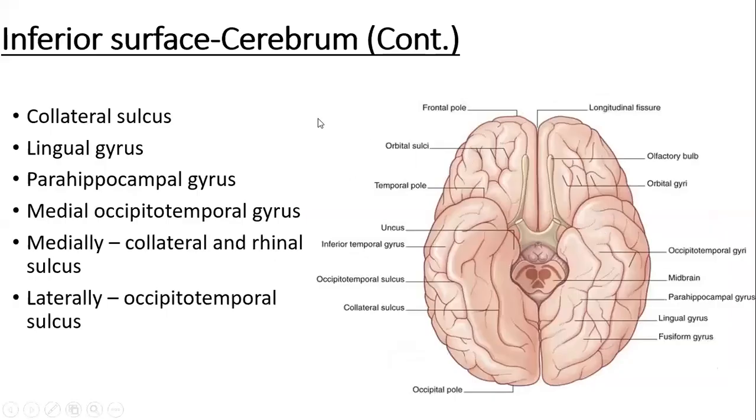Further moving on to the inferior surface of the cerebrum, what other features do we see? We see a collateral sulcus. Collateral sulcus on the inferior surface of the cerebrum is a very important hallmark. Keeping this sulcus in mind, the gyrus that lies medial to the collateral sulcus, hence between the collateral sulcus laterally and calcarine sulcus medially, the gyrus we have is the